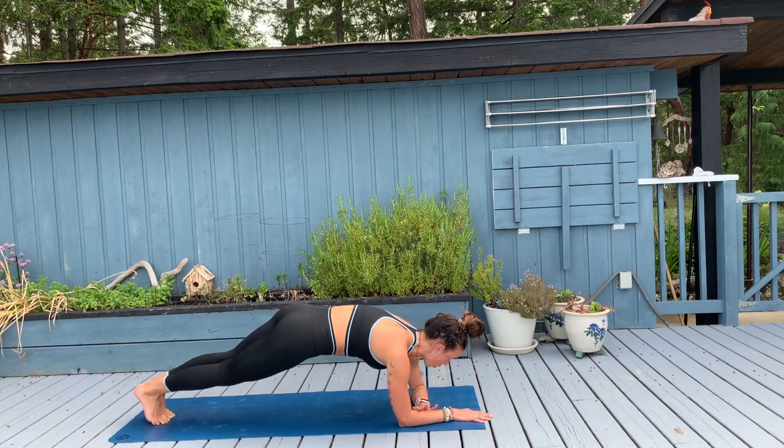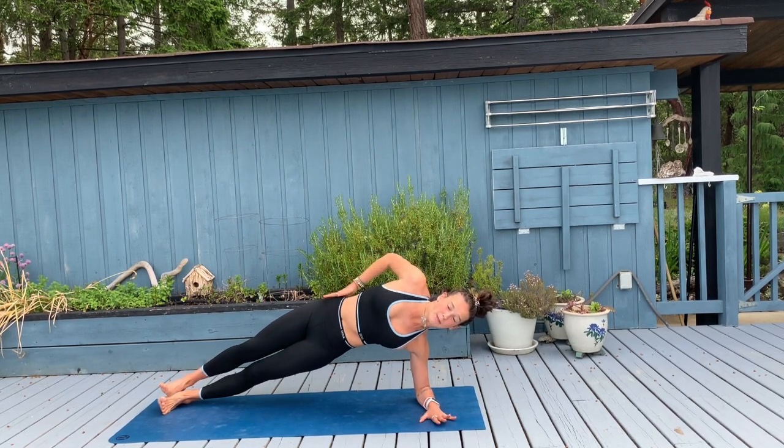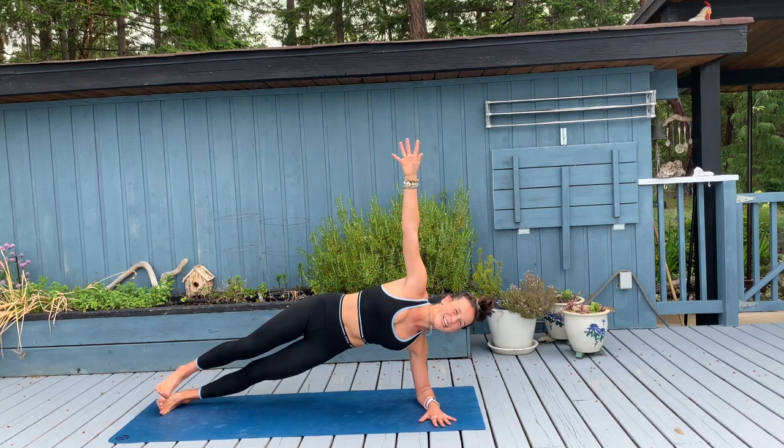your right forearm across your mat, and then slowly start to transition onto the outer edge of your foot, reach up through your fingertips. Now here, if you notice your hips are shining up towards the ceiling, can you just roll your top hip forwards, squeeze the underside of your waist, widen out right here. We're just holding. If your knees are on the floor, that's a beautiful place to be, but how about for